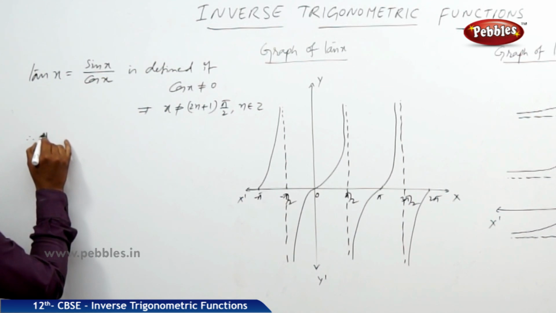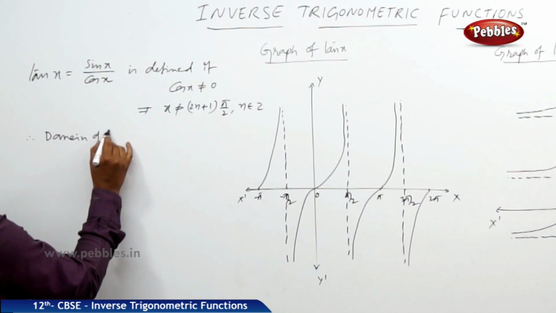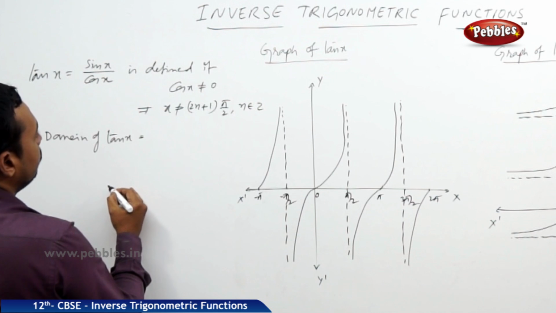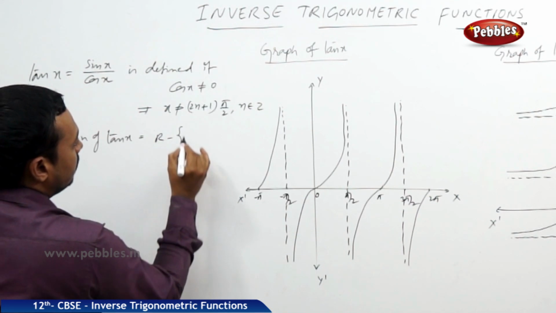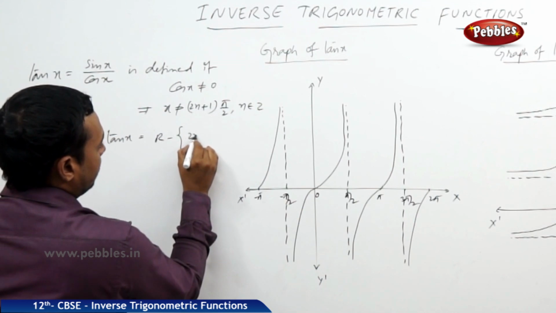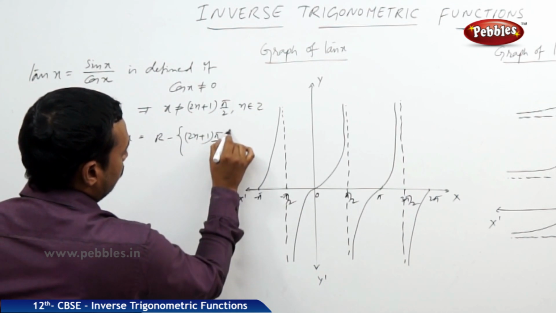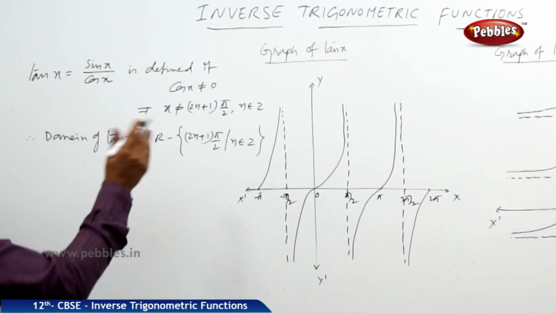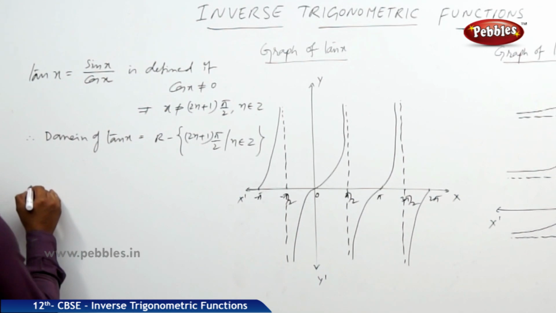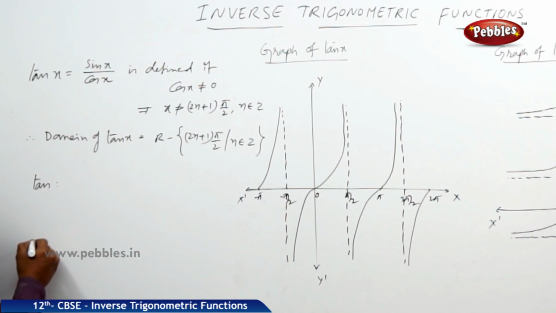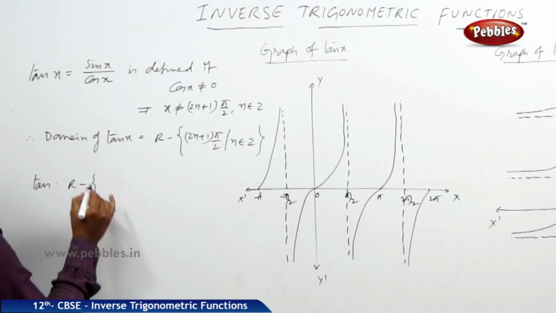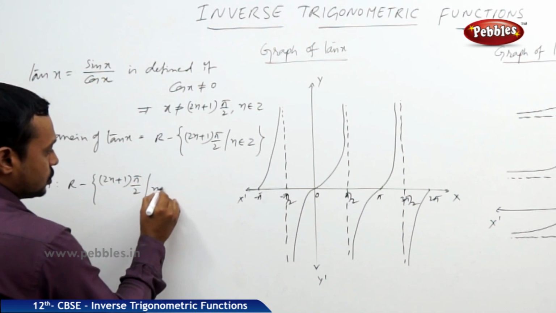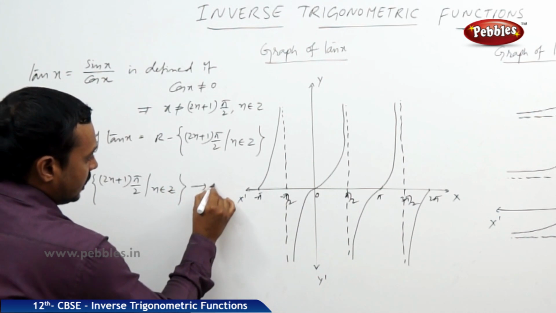Therefore, the domain of tan x is the set of all real numbers except odd multiples of pi by 2, that is 2n plus 1 pi by 2, where n belongs to Z. What is the range? The range is minus infinity to plus infinity. Therefore, here the tan x function is defined from R minus 2n plus 1 pi by 2, n belongs to Z, to the set of real numbers,